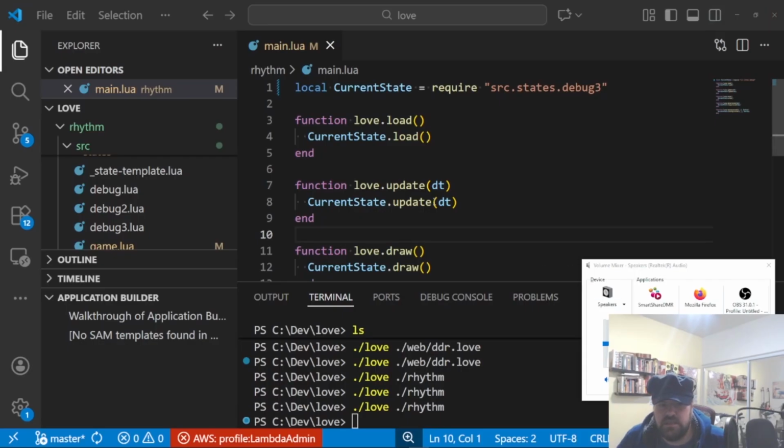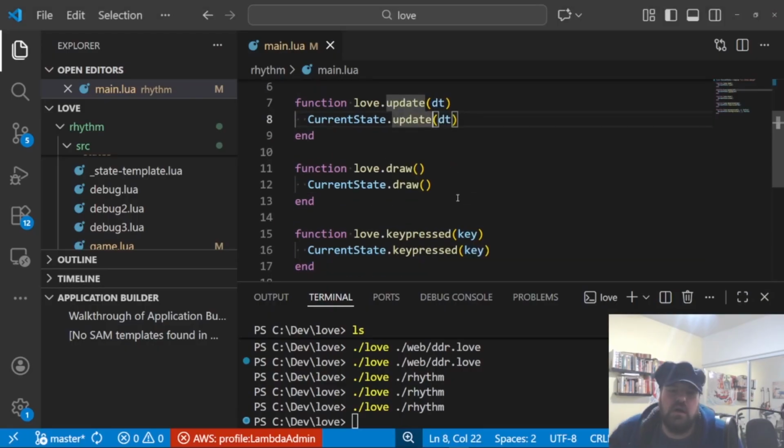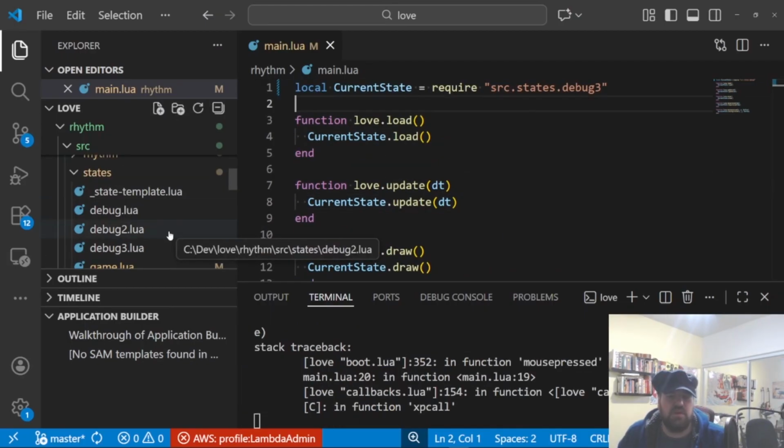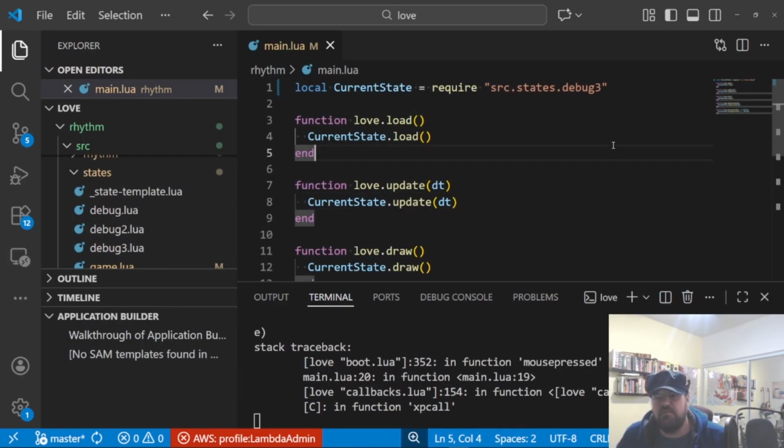And yeah, that's basically the Love2D project I've been working on, which is a rhythm game essentially. They're more or less shameless ripoffs of what Rhythm Heaven is doing. I'm a little more proud of